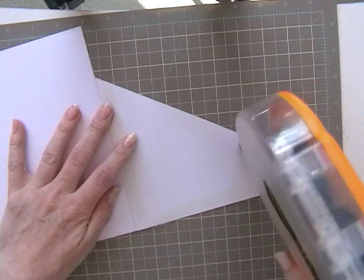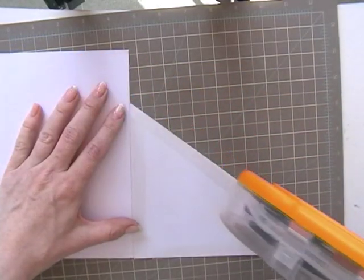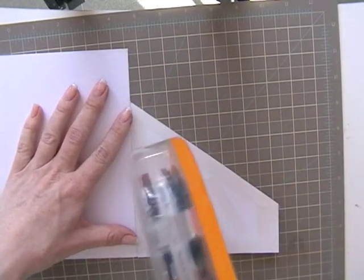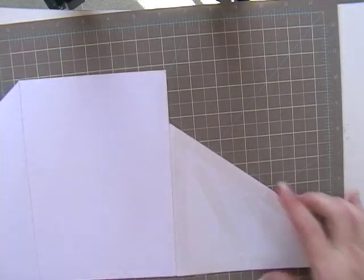Like so. Make sure you go right up to the edge, because you want it really stuck to the edges on this, and then some in the centre. Okay, and then all I'm going to do is put this whole piece of paper, lining it up on the side, obviously on the crease, and lining it up at the bottom here,